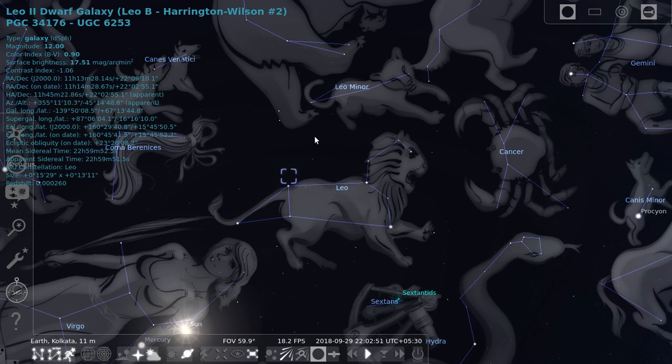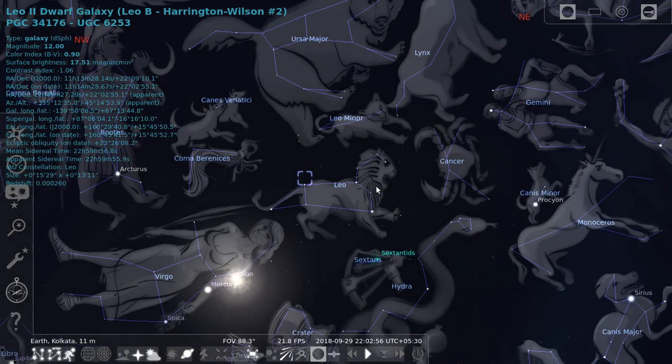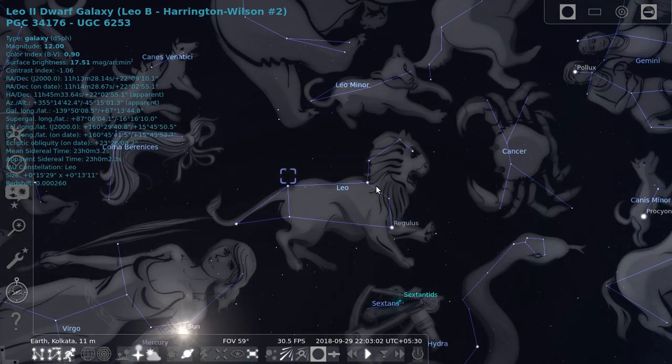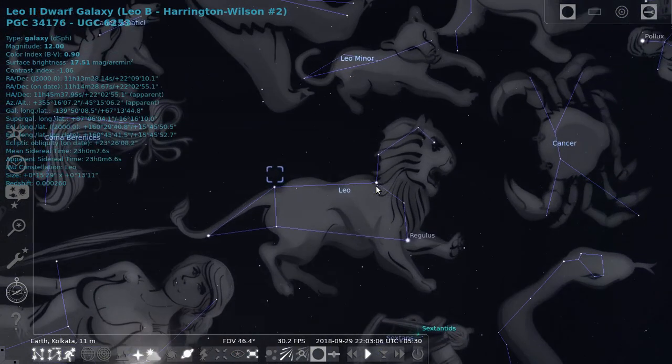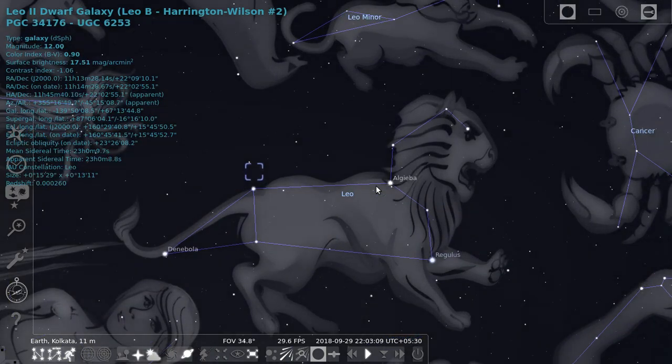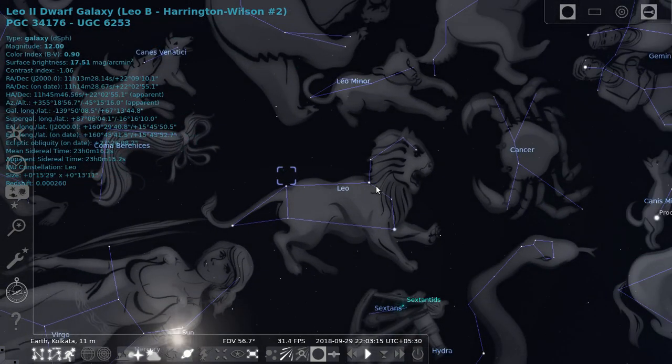Now you can zoom in by clicking on the Page Up and Page Down option. This is the Page Up and Page Down option on the keyboard. That is also used for zooming in and zooming out. Clicking on Page Down, it will be zoomed out. Clicking on Page Up, it will zoom in. So those are the keys on the keyboard. Or else you can make use of the scroll button on the mouse for zooming in and zooming out.